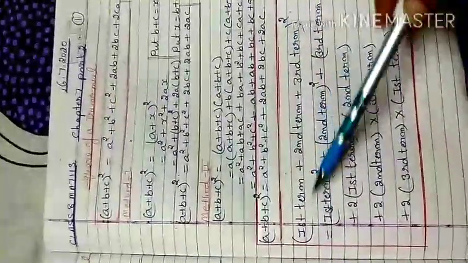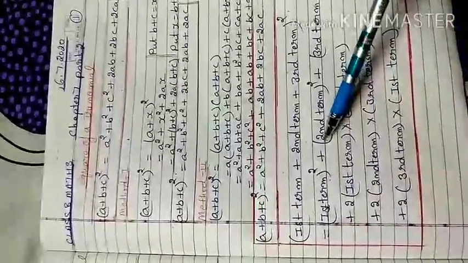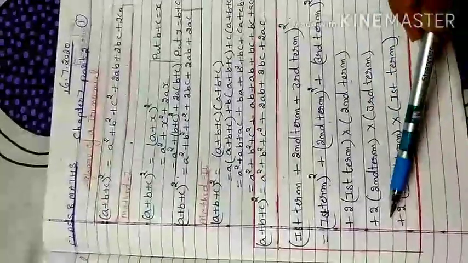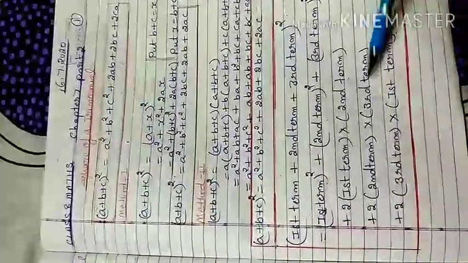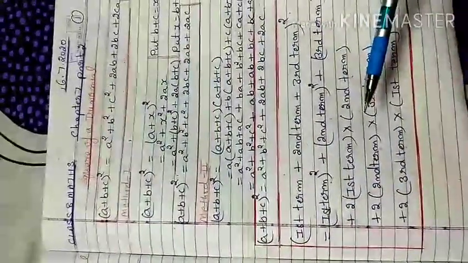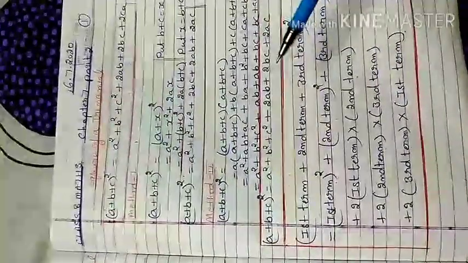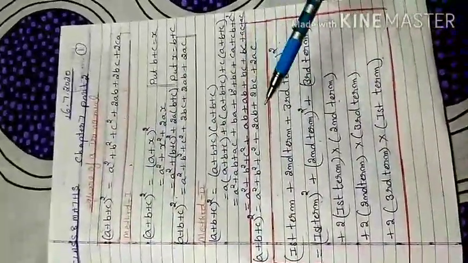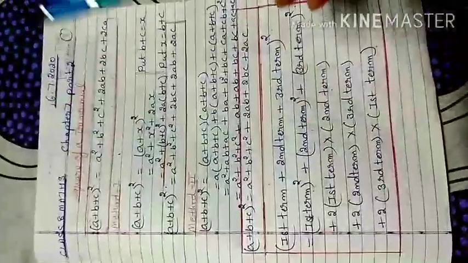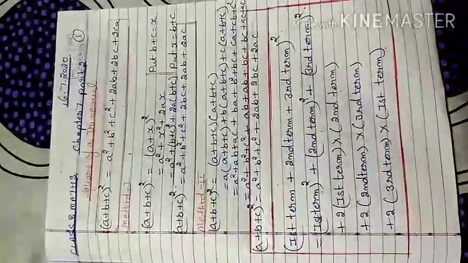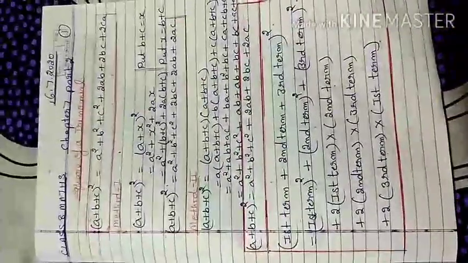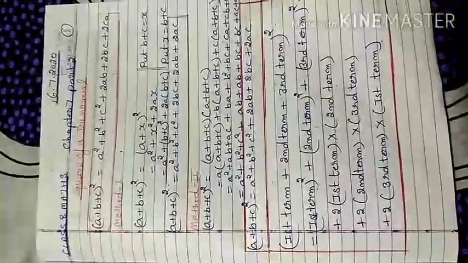So the whole square of this trinomial is first term square plus second term square plus third term square plus 2 times first term into second term plus 2 times second term into third term plus 2 times third term into first term. So that is my identity, or you can say identity or formula. I already told you the meaning of identity. Identity is that if there are some variables on the left side and on the right side, and applying the variable values on both sides gives answers equal to each other, then that expression we consider as our identity.